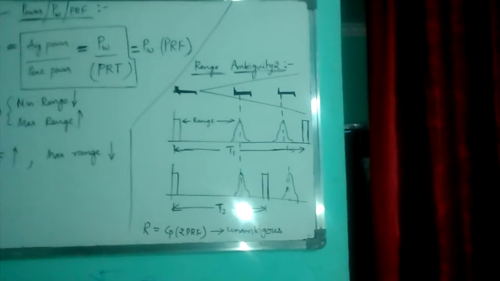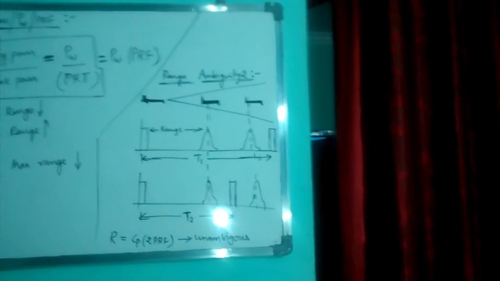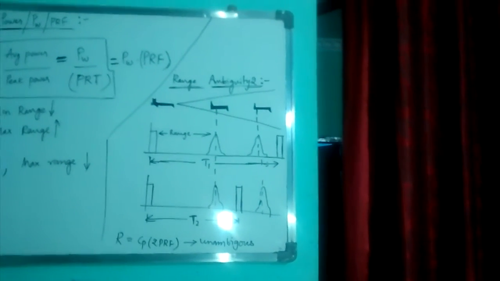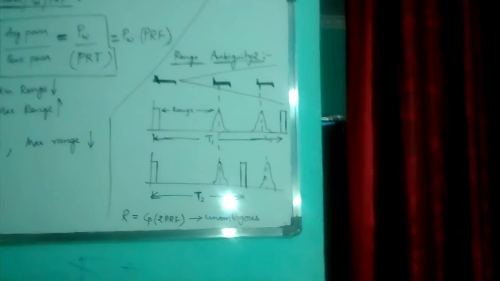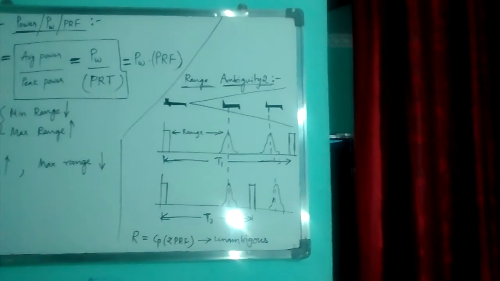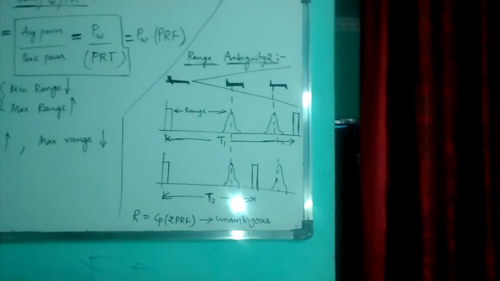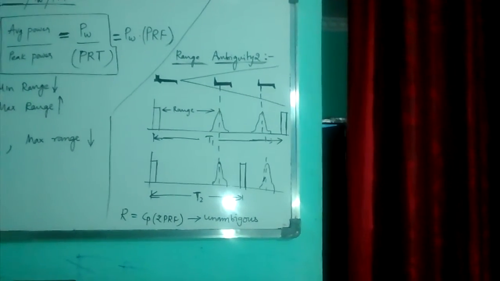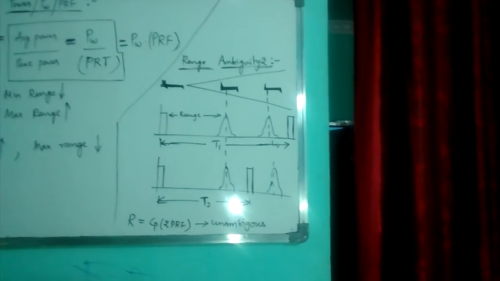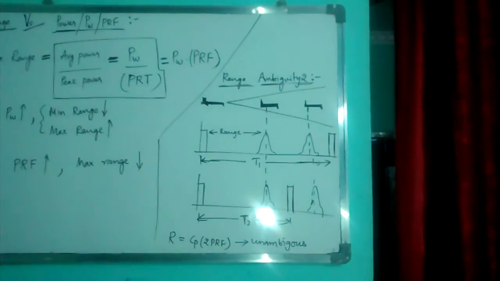Whereas in the second case, when the time period is decreased, only the echo of the first target is received, and the second target echo is received after the time period, which will be in the dead zone, or it is not considered by the radar. So it is ambiguous. It will be in the ambiguous zone. Radar will not be able to detect the echoes after the T time period, or 2 times the pulse repetition frequency. So for the range to be ambiguous, it should be